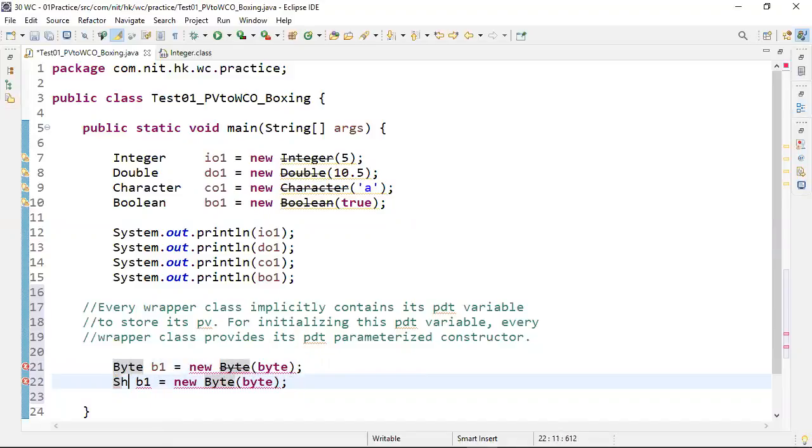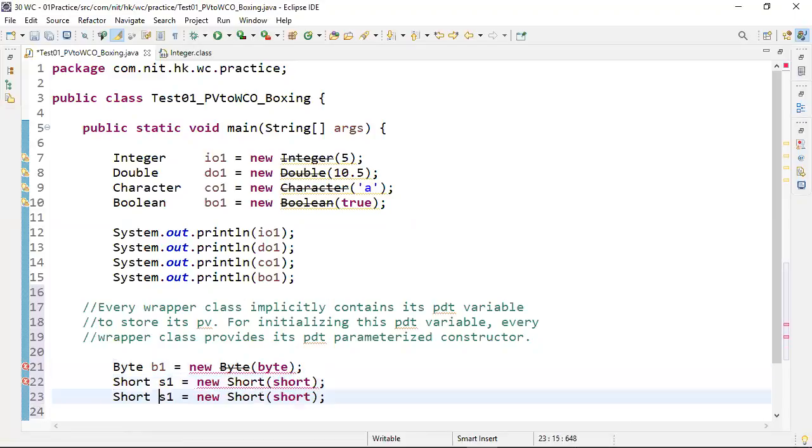Short class: Short S1 equal to new Short of what parameter type? Short. Right? Long class: L1 equal to new Long of what parameter type? Long.